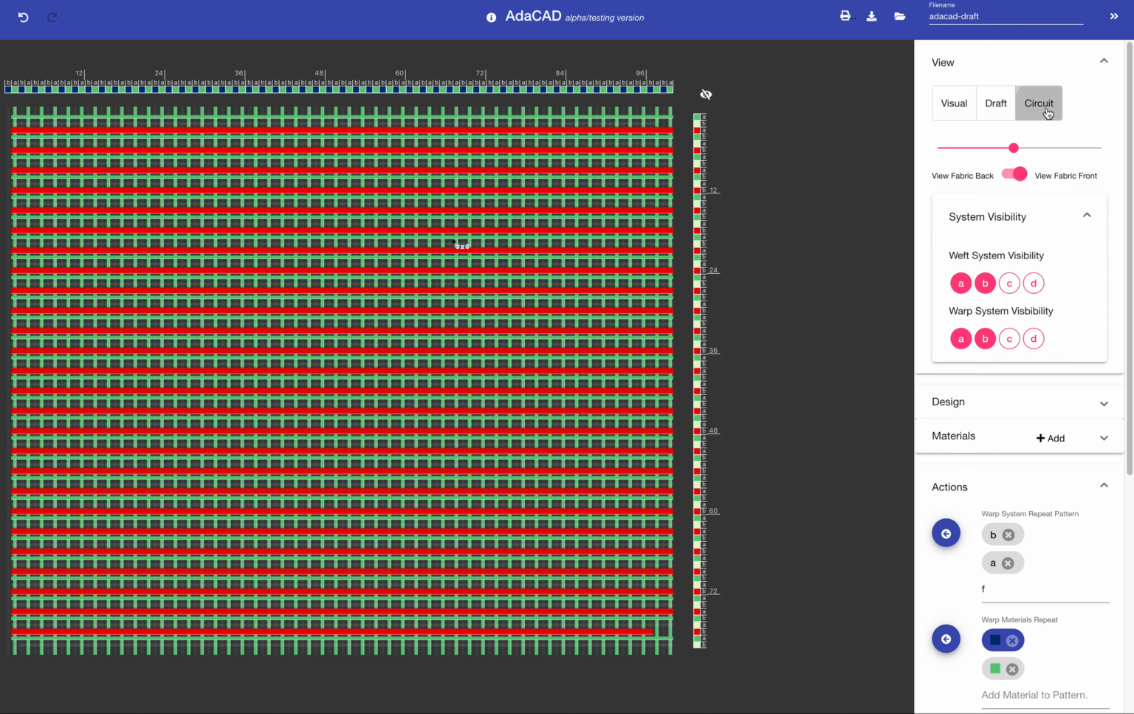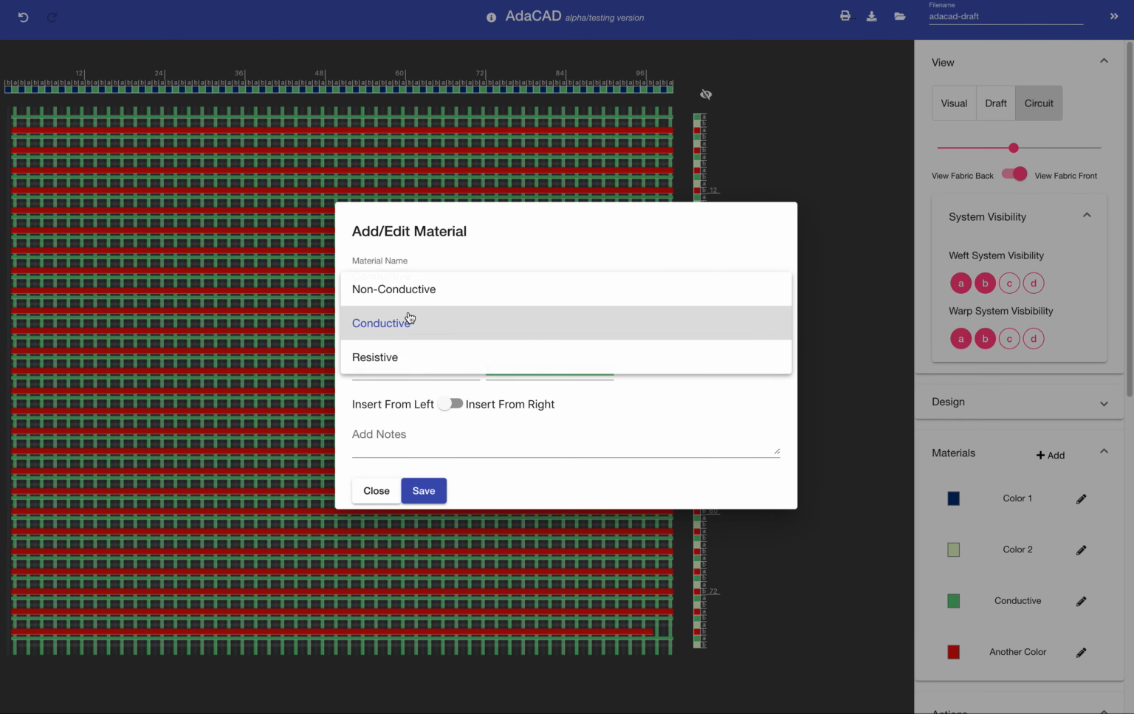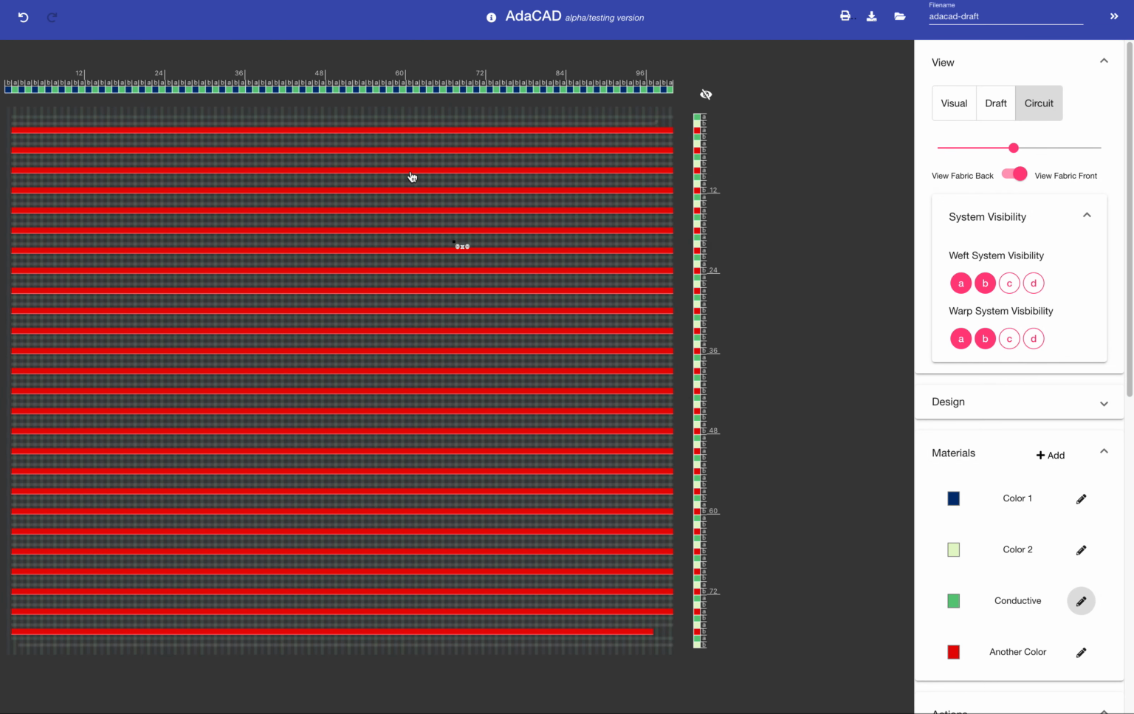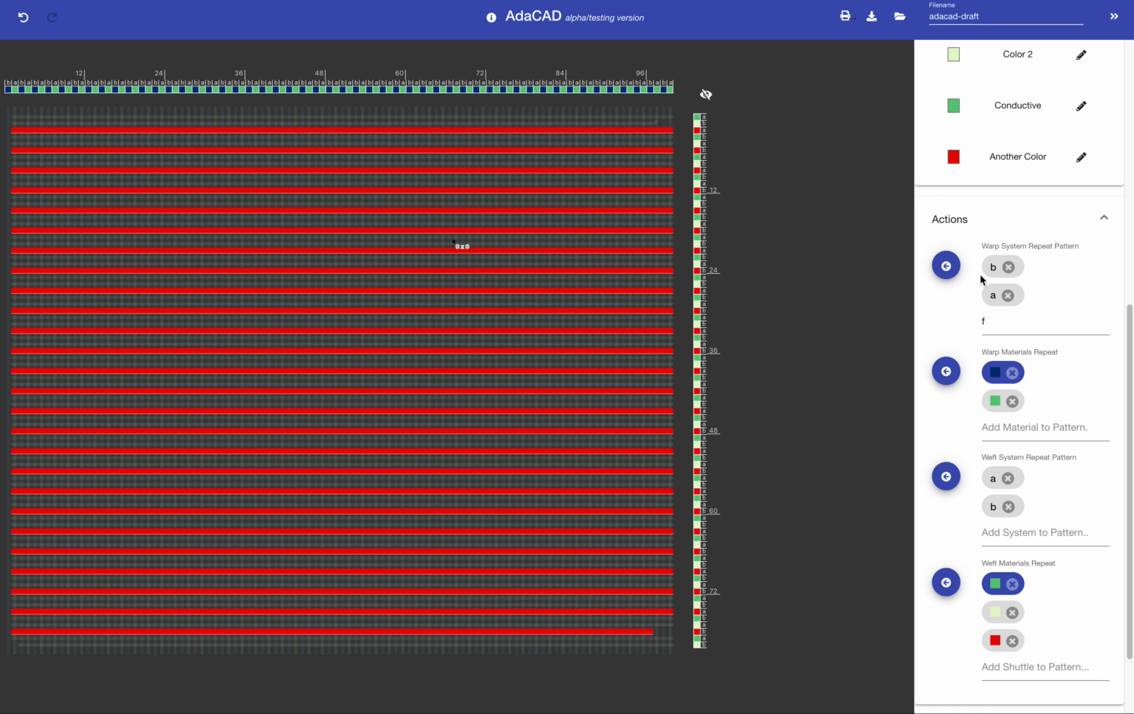Well, now when I go into the circuit view, I will actually see more prominently the yarns that are marked as conductive. And we're seeing the green yarn here too, which is funny because I didn't intend for that to be conductive. So I can go in here and set it back to non-conductive. And you'll see that that makes it go away. So this allows you to say, okay, well, if I want all of my conductive patterning to do something different, we can go back to actions, and then we can also assign a third